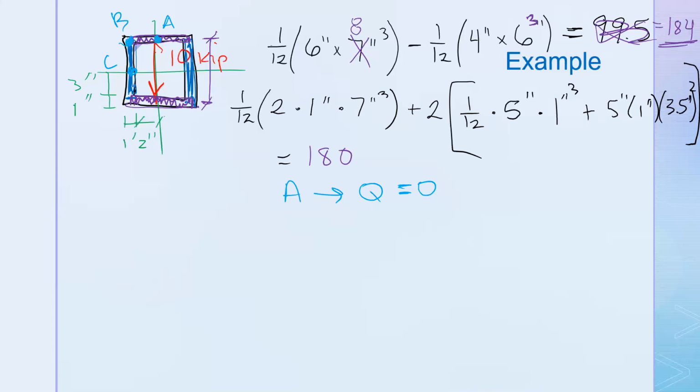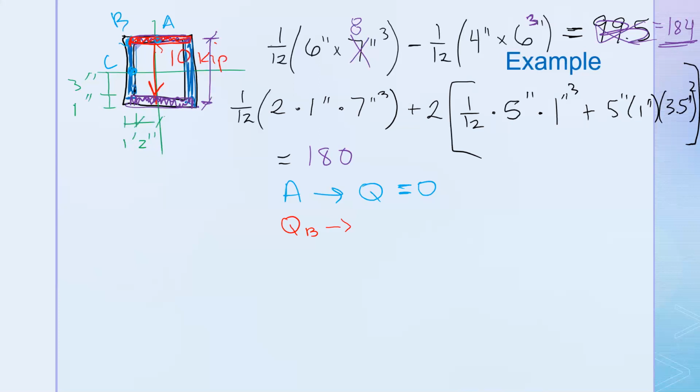There's no area that we've considered yet. And then as we go out from that point, our area gets bigger. So if we're looking at point B, we're now looking at this area. We started at point A, and then we extend on both sides until we get to point B. And so Q for point B